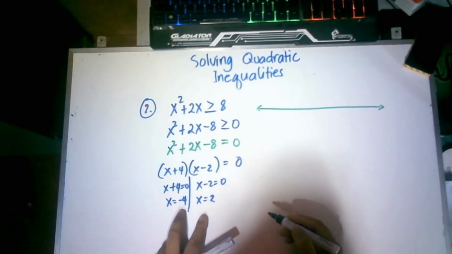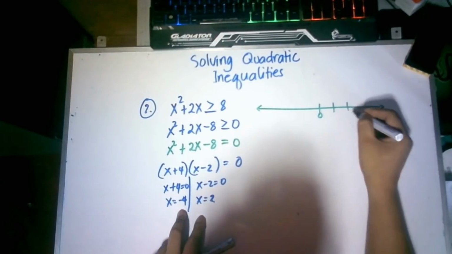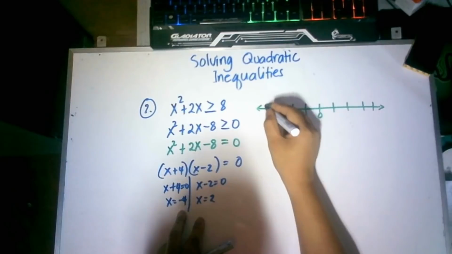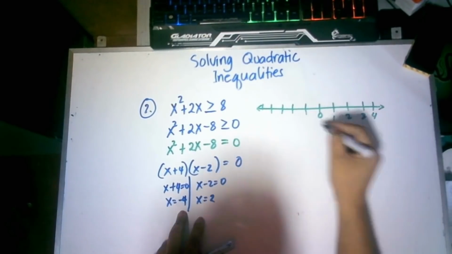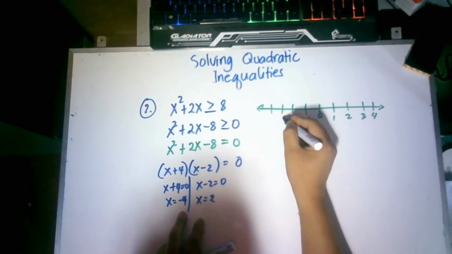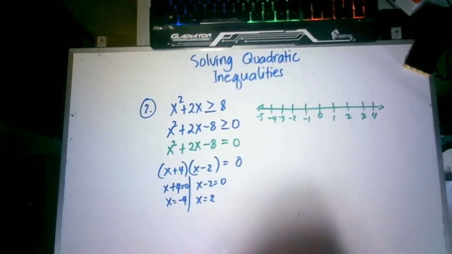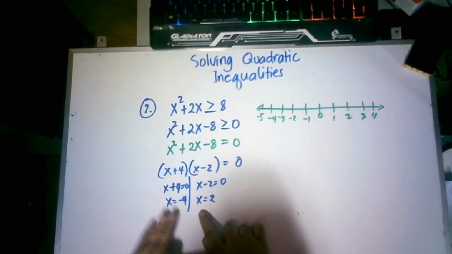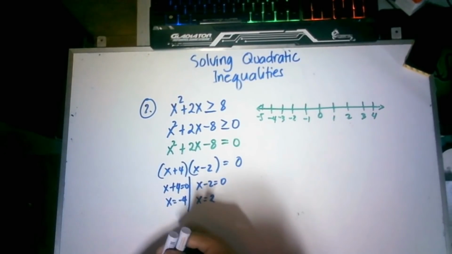So we can plot these two. If this is 0, we have 1, 2, 3, 4, 5. This is positive 2, positive 3, positive 4. This is negative 1, negative 2, negative 3, negative 4, negative 5. So we see that the two values of x that will make this equal to 0 are negative 4